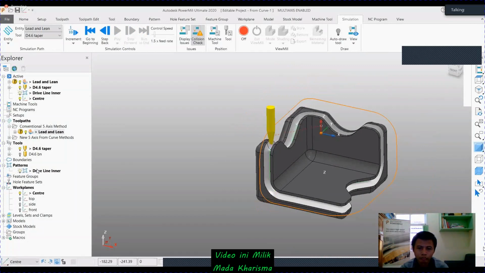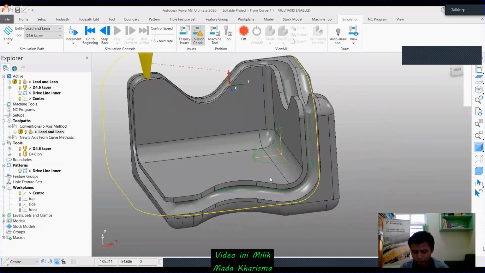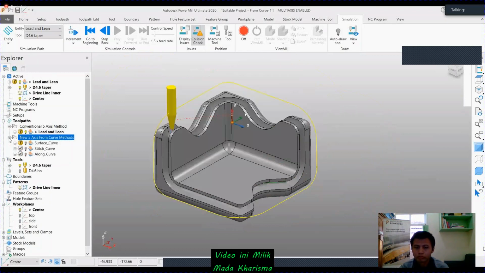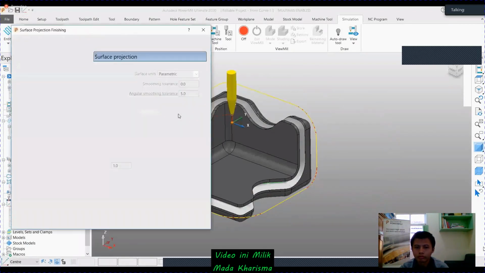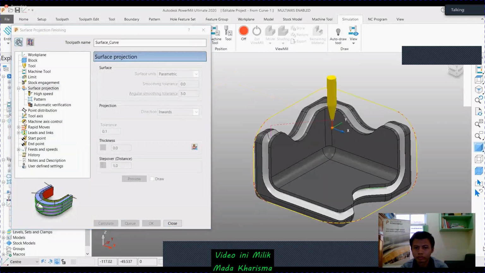What I had done is project a simple curve. Just draw a curve pattern with a single segment, and I created a toolpath based on the curve. It is the same surface projection finishing strategy, but my tool axis I changed from lead lean to the from curve option.